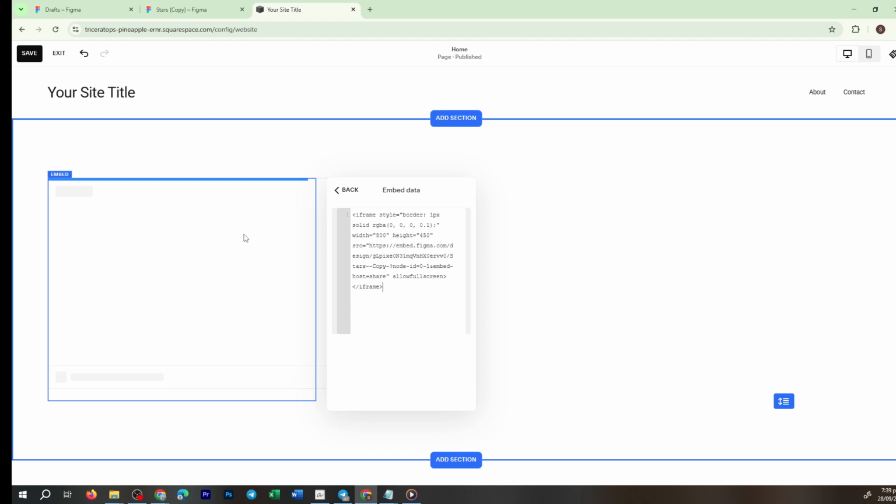With just a few steps, you've managed to smoothly incorporate your Figma design onto your Squarespace site, bridging creativity and